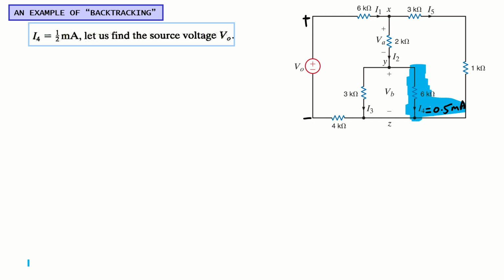I know the value of the resistance of this branch, right? I know how much current is flowing through this one, right? So it means I can find the voltage drop here, basically across 6 kilo ohm. That will be 6K multiplied with the current, which is 0.5 milli, so that will be 3 volt. So the voltage drop across 6 kilo ohm is 3 volt. For this circuit, this is labeled as VB, the voltage drop across 6 kilo ohm. So the value of VB is 3 volt.